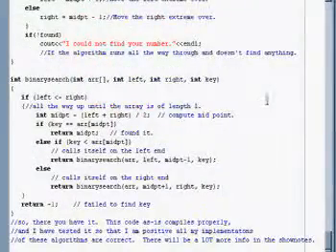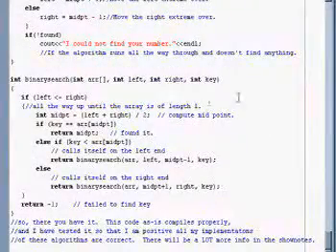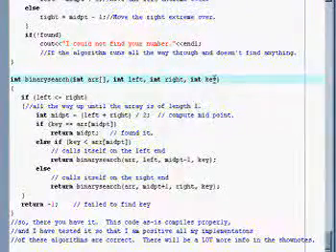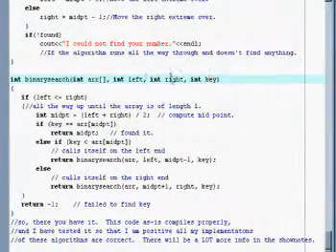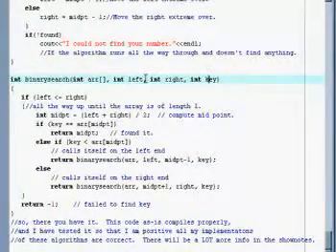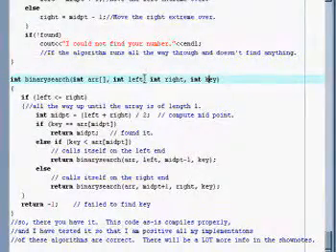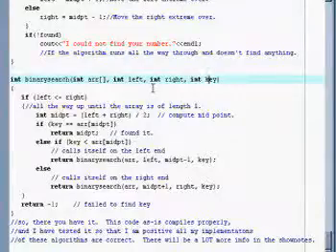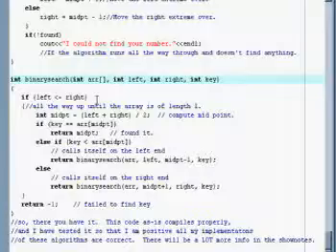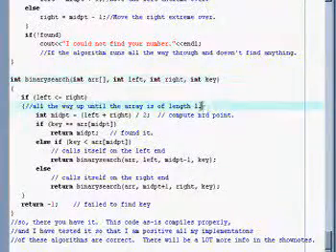So, binary search. We have our array, a left, a right, and a key. The key is the value we're searching for. Left and right would be the same thing as before with quicksort, which is just the left and right bounds of it. So it's going to check, make sure that we're running all the way up until the array is of length 1,